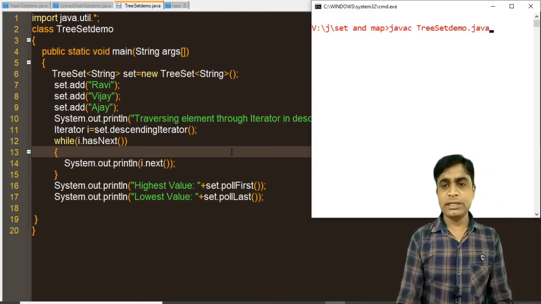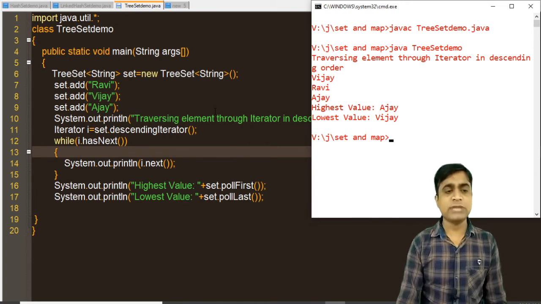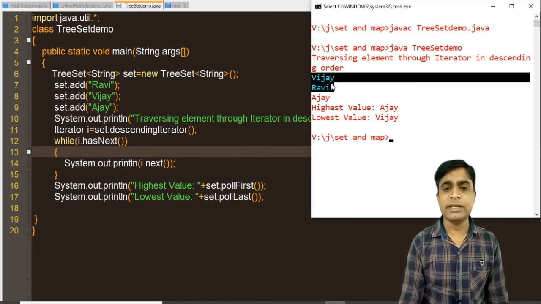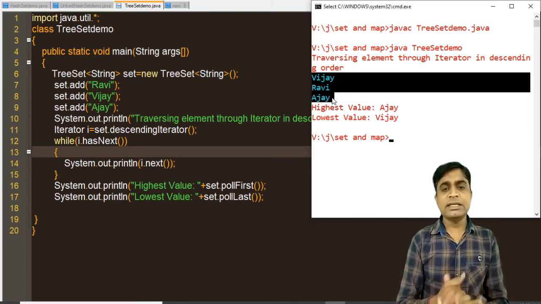javac TreeSetDemo.java and java TreeSetDemo. I run this particular code. Now here is the traversing in descending order. I am adding Ravi first, but in descending order it will print Vijay, Ravi and Ajay, because it will set the descending order.